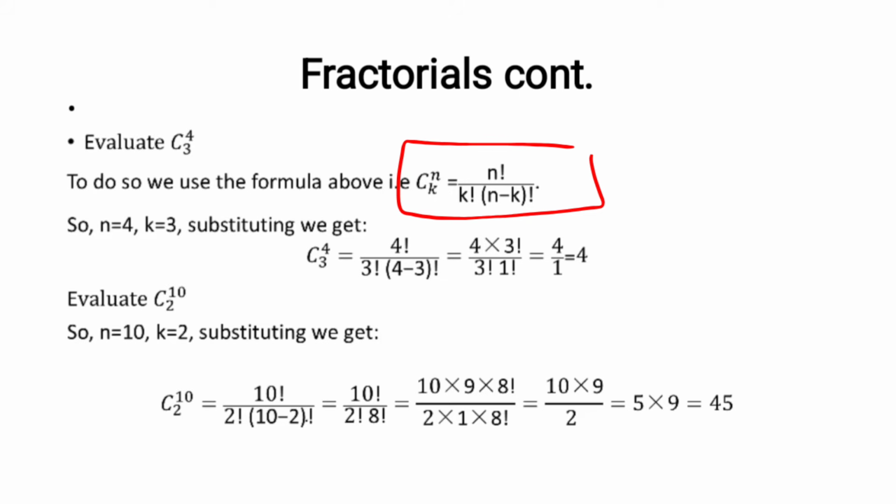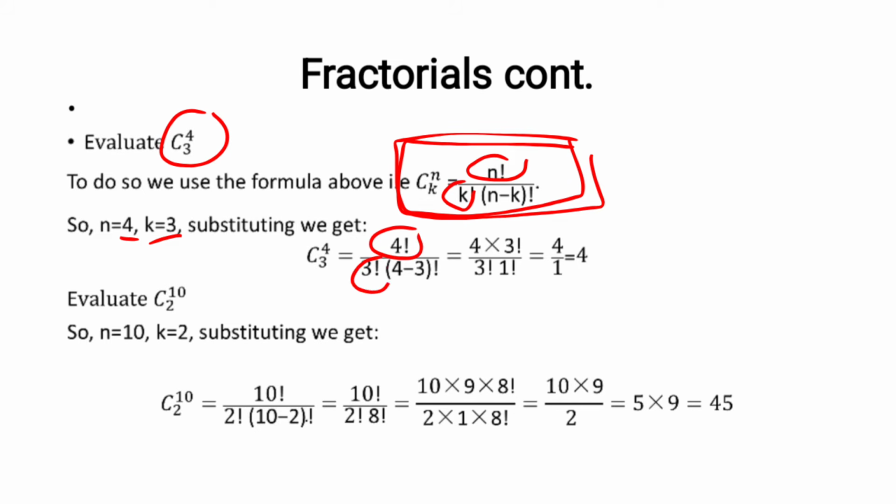So in our case, we're told to evaluate this. n is 4 and k is 3. So you just substitute straight into this equation, wherever you see n, wherever you see k. Okay, so n is 4, k is 3, so my n factorial is now 4 factorial, k factorial is 3 factorial, and n minus k is going to be 4 minus 3, right? So if you do your normal math, the math you know from secondary school, or the one I just taught us just now, 4 factorial is